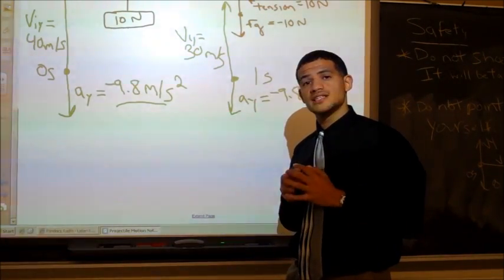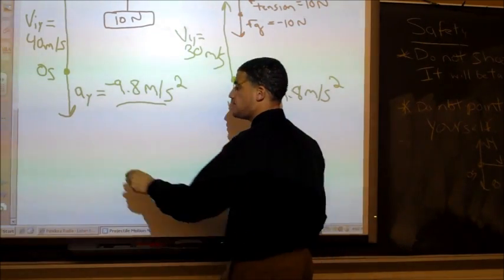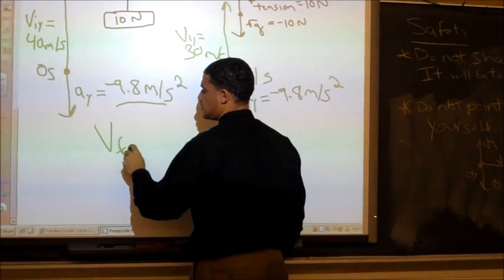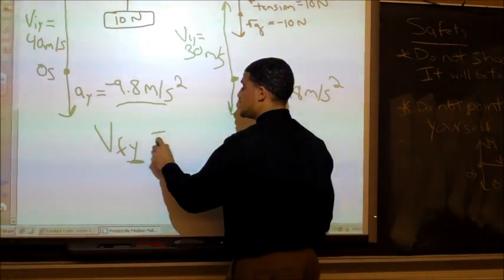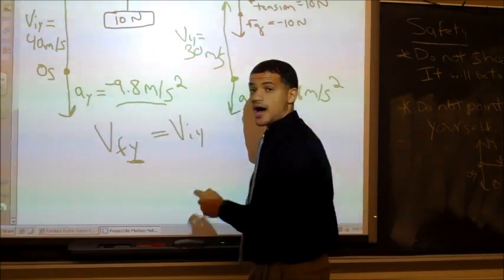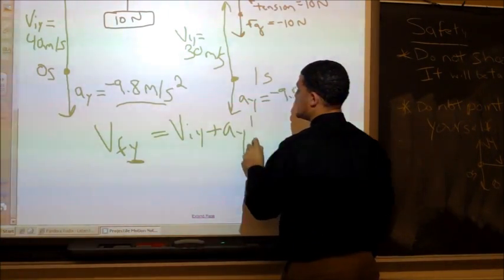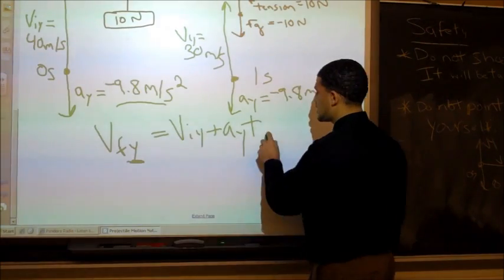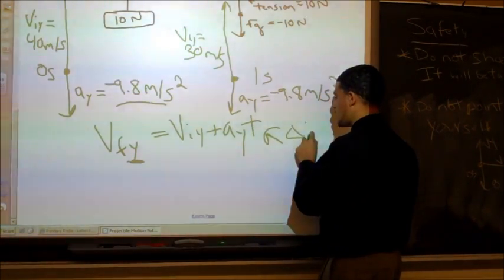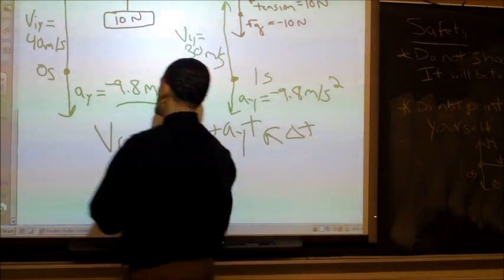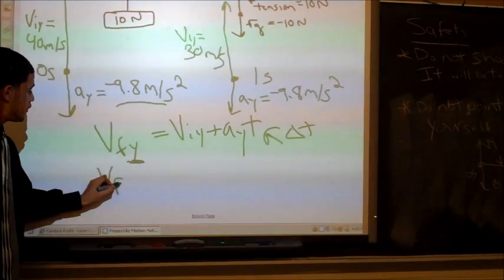However, we can use the constant acceleration equations to prove that as well. In this case, we have the equation v final, and notice I put y because it's in the y direction, equals v initial in the y direction, plus our acceleration in the y direction, times our time. In this case, time isn't really one value, it's really the change in time. So in this case, my v final is what we're looking for. So we're looking for v final of y,